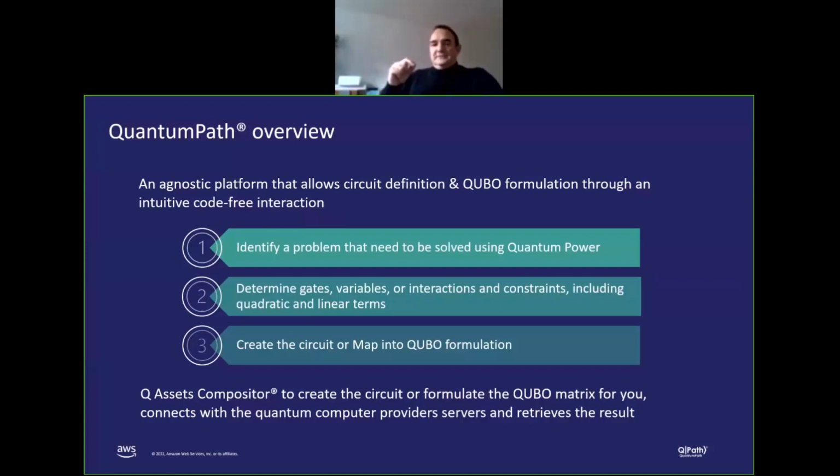Really important. QuantumPath is an agnostic platform that allows you to define all the components that use quantum mechanics to create complete solutions, okay? What does agnostic platform mean? Because there are a lot of people talking about that. This concept of agnostic could be unclear if you don't set the rules and put them on the table. For us, agnostic